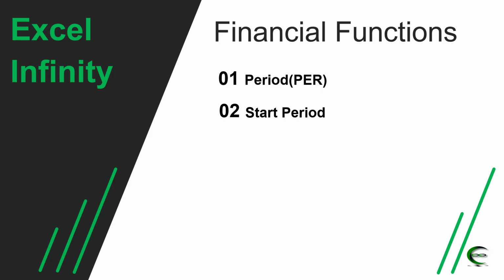I will explain 4 functions today. 2 functions, PPMT and IPMT, for calculation of principal and interest for a single period, and 2 more functions by which you can calculate principal or interest for a year or for a combination of periods. In these functions you need to give 2 extra arguments, start period and end period. Suppose you need to calculate principal and interest for your first year, then your start period will be 1 and end period is 12. Let us understand these 4 functions with an example.